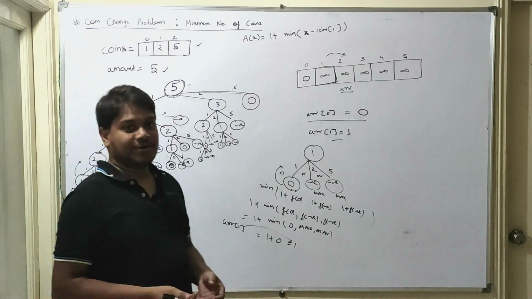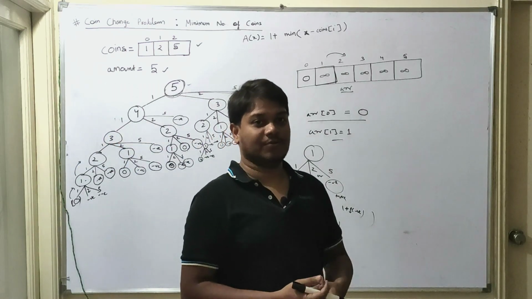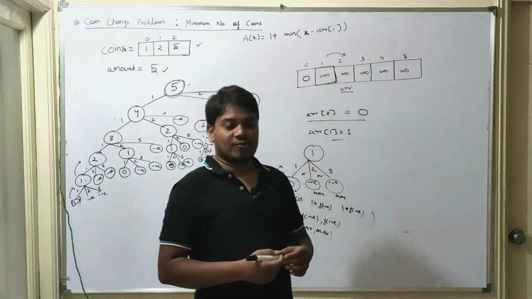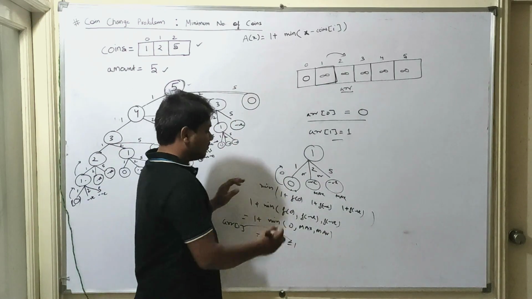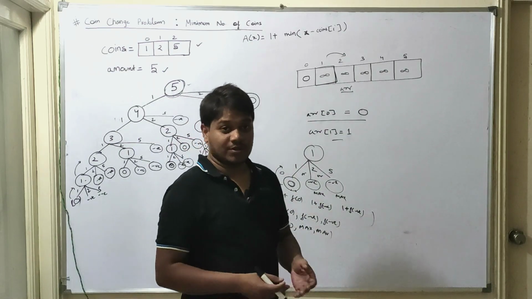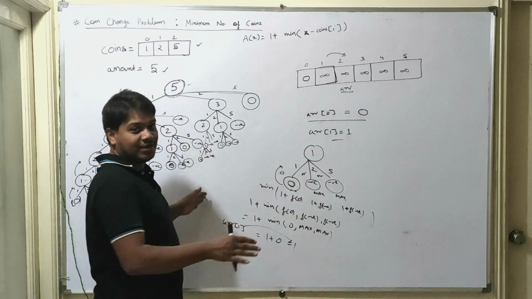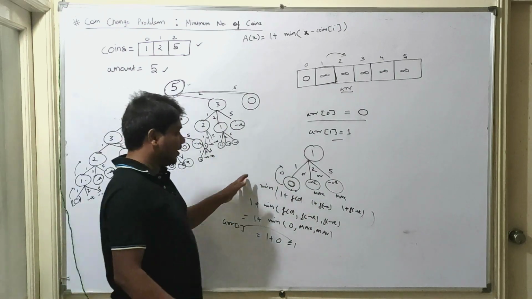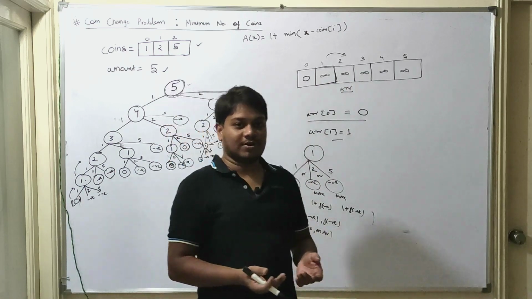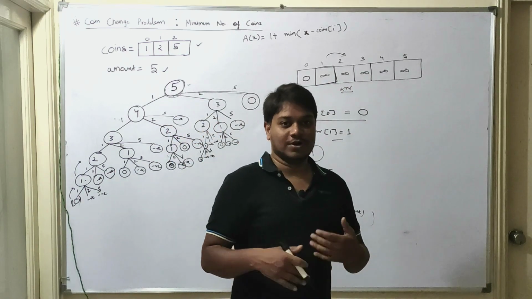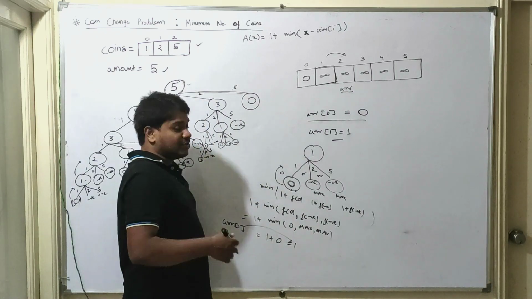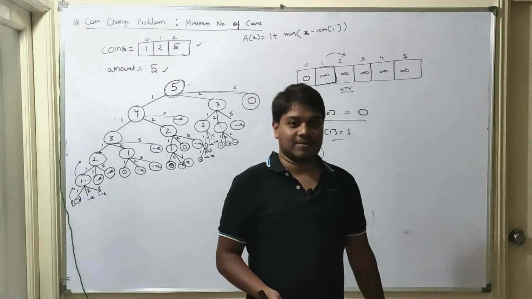But how do we do it using dynamic programming? Using dynamic programming, we can check whether this value is already present for us. Since f of 0 is already present, we do not need to move any further from here. Similarly, we can check for the previous subproblems. If the value is already there in the array, we don't need to calculate the subproblems for that again. This will become clearer once we calculate for amount 2.